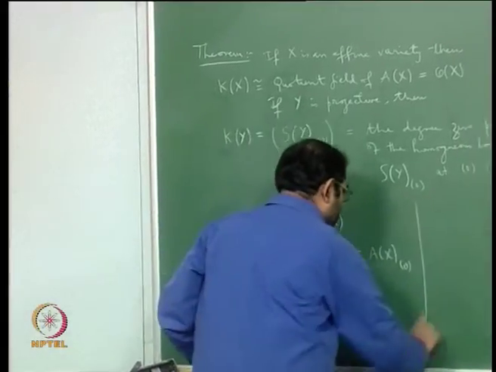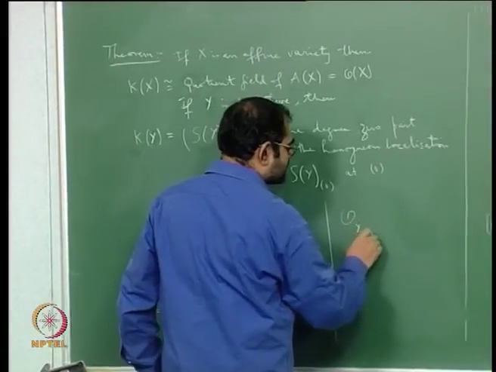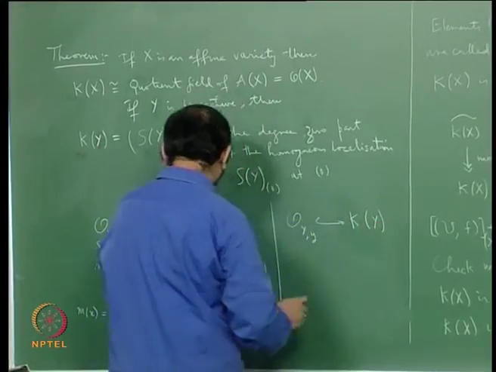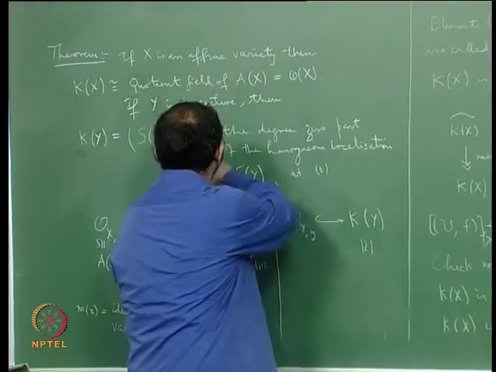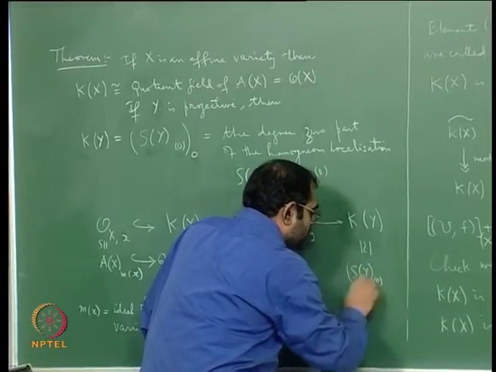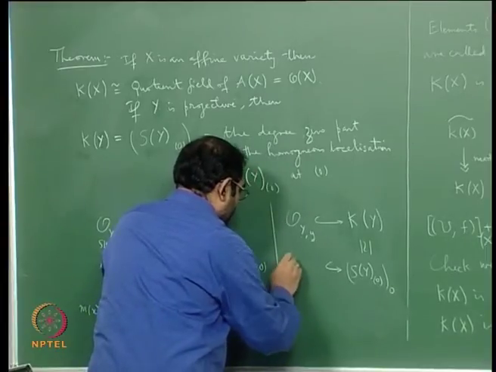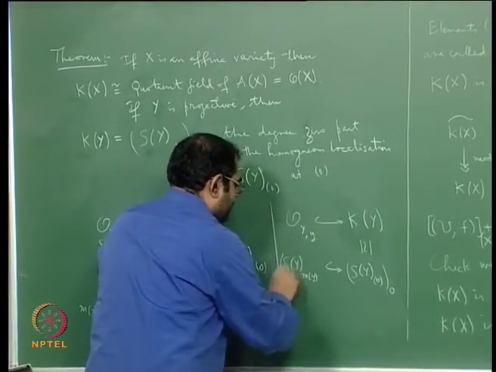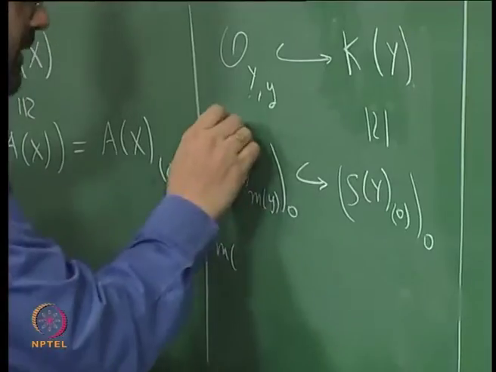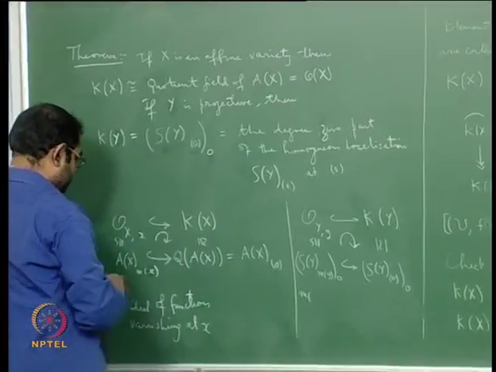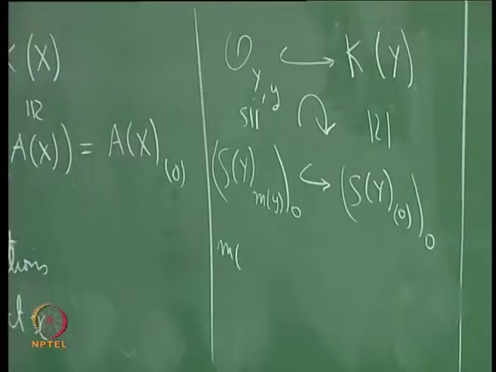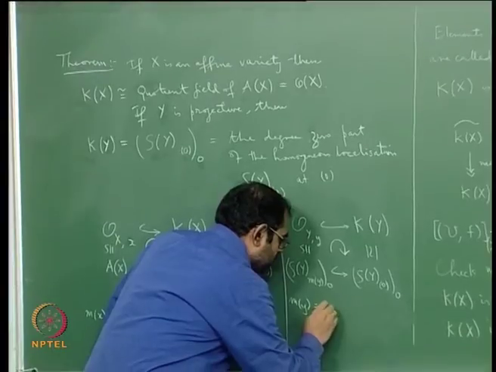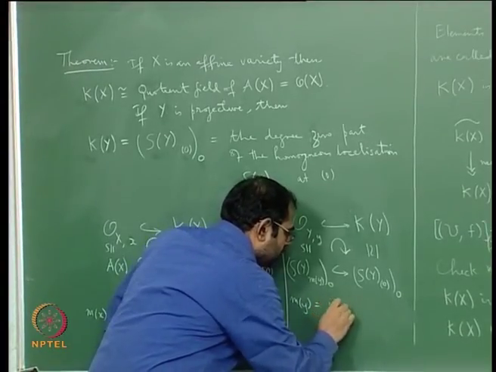And you will get a similar picture for the projective case. If you take Oy,y, small y point of capital Y, where capital Y is a projective variety, this is going to sit inside Ky, and the function field Ky will be just Sy localized at the prime 0, degree 0 part, and this will contain Sy localized at My, degree 0 part. Of course this diagram commutes. This isomorphism of the local rings has already been proved. It is this isomorphism of the function fields that I have to prove, and here again My is equal to all those ideal of homogeneous